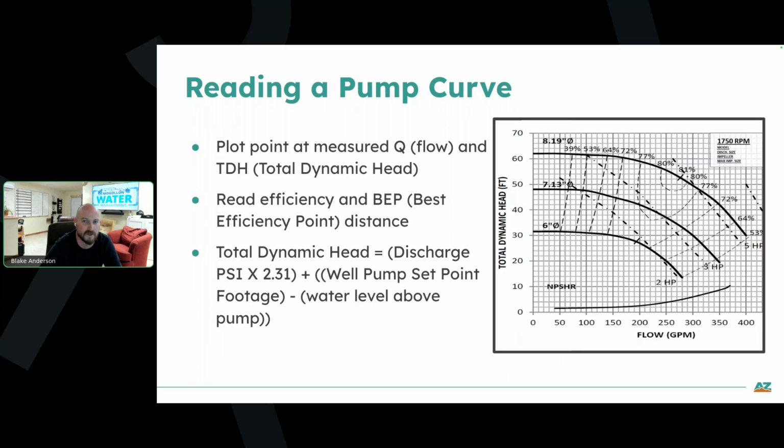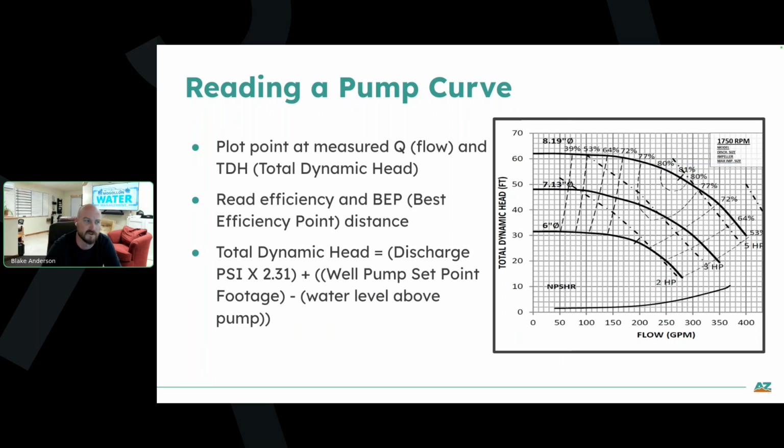So that'd be times 2.31, plus the elevation difference from your well inlet minus the suction head. So basically, wherever your pumping level is coming from, plus the system pressure that you're pushing against, all that adds up to be your total dynamic head. You can get a little bit more into the weeds and have it more complicated than that, but that's basically it. How high are we lifting this out of the ground? And then once it gets out of the ground, how much pressure are we pushing against?